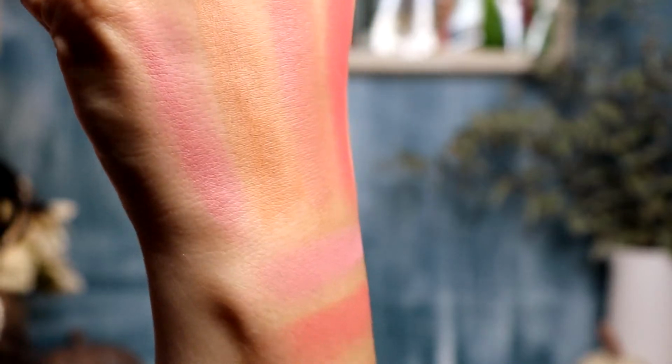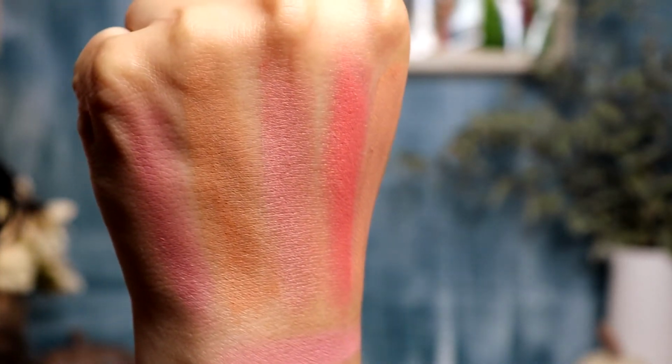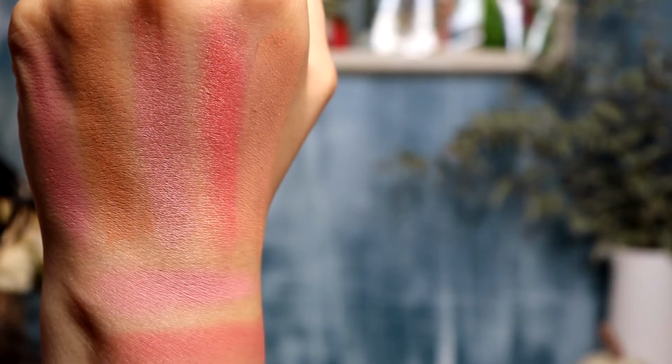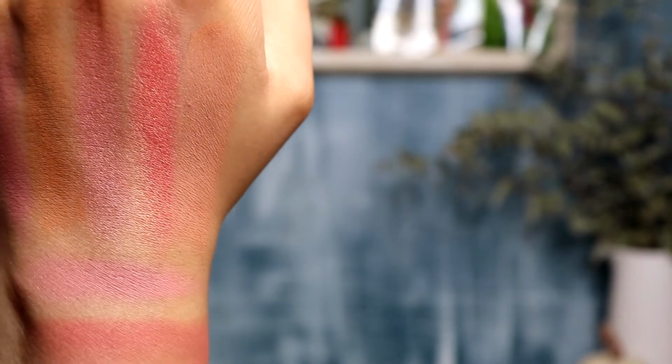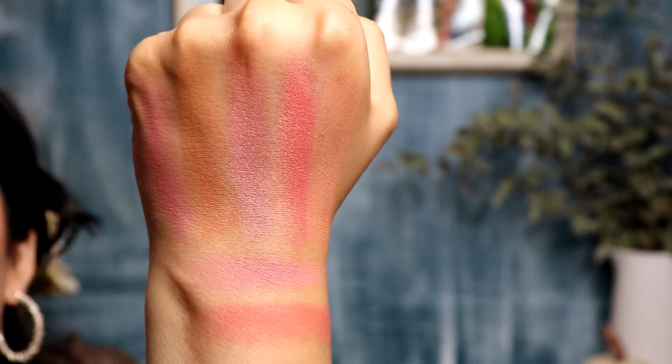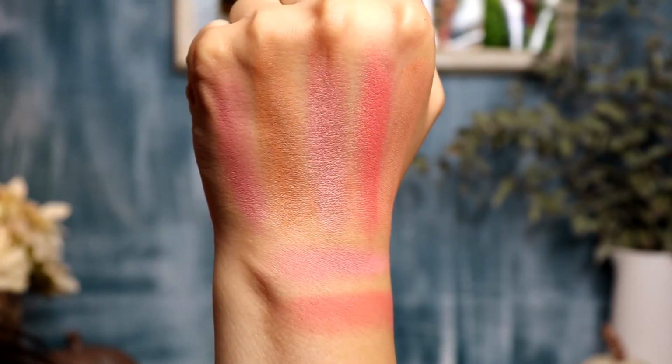They are matte. A lot of even their matte blushes still have this almost sheening color to them, to where they're not a flat, chalky matte that I hate. I mean, most people don't like that. They still have that beautiful texture to them, and they have so many, well, they used to have a lot